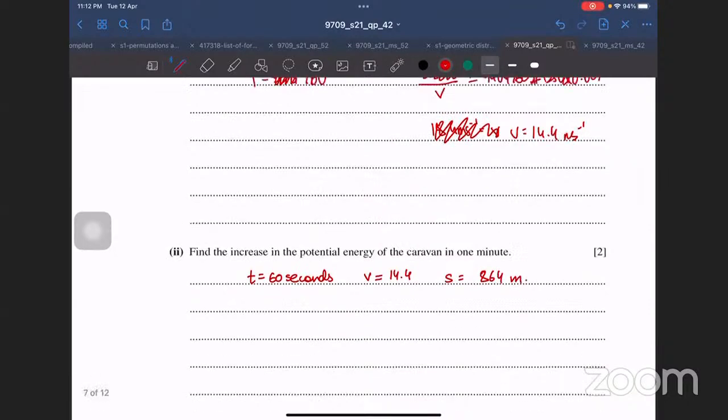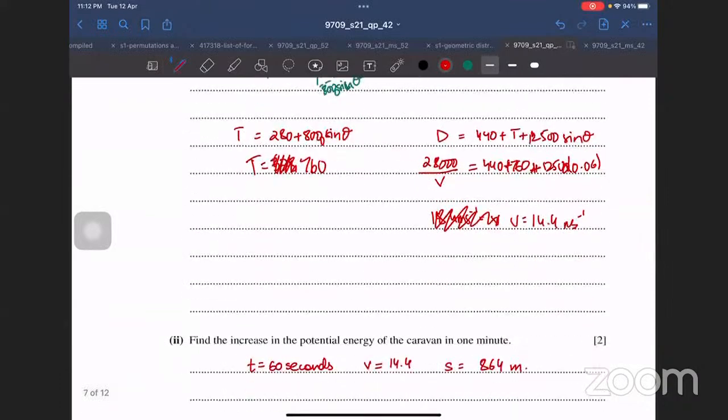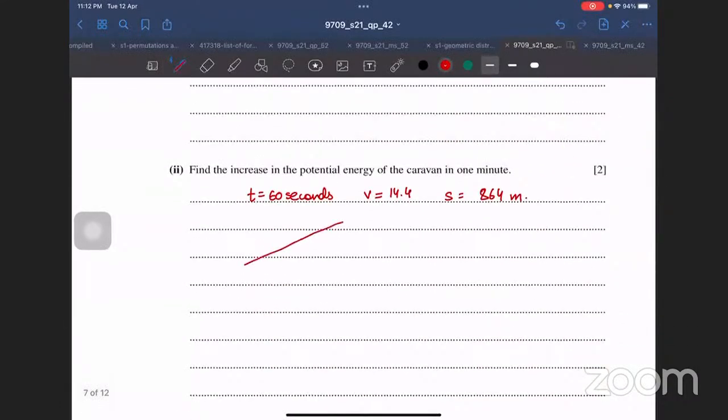If it's traveling 864 meters up and the incline of the plane is this theta, this should be 864 sine theta, which is the increase in height, 864 into 0.06. That gives me 51.84. So I'm going to say that P increases by mg